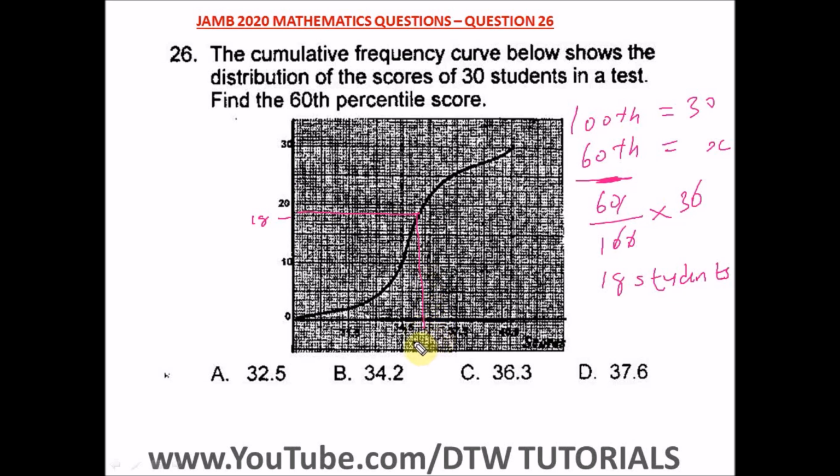So we agree that this is above 34.5, so this should be 36.3. So then bring this down. It should be 36.3. So you have to be open-minded and have to guess what those grids stand for. So with this, we say that our answer would be C. So we go to the next question, question